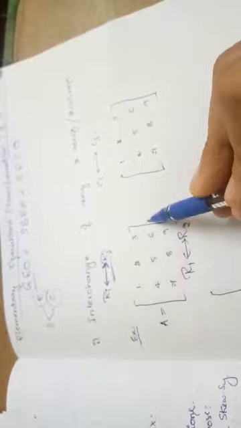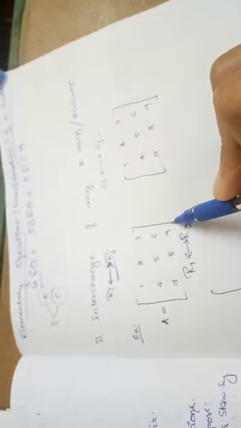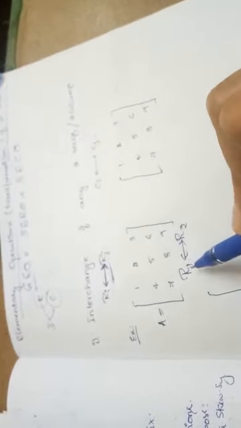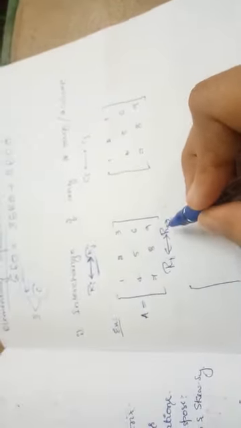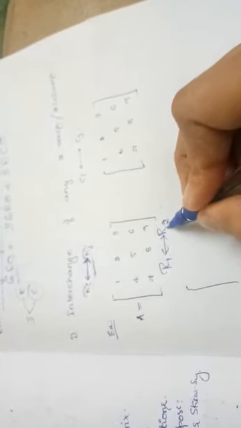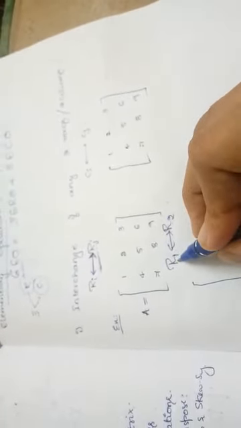If I am doing the interchange of any 2 rows, it is like this. For example, here you can see a matrix. Suppose I am interchanging R1 with R2. This is R1, this is R2 and this is R3 in the 3 cross 3 matrix. R1 is interchanged with R2, which means R1 is going to be placed in the R2 place and R2 is going to be placed in the R1 place.